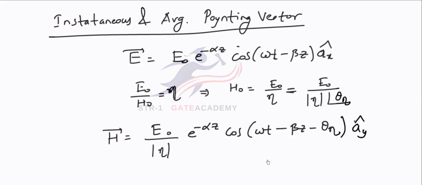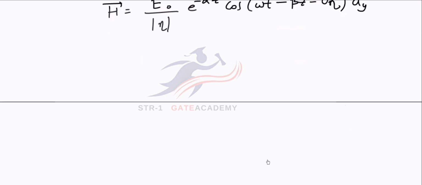Now I've got the magnitude, the expressions for both the E vector as well as the H vector. Now I can find the instantaneous power. So P vector is equal to, we have already seen this, E vector cross H vector. If you substitute this and solve, you will get